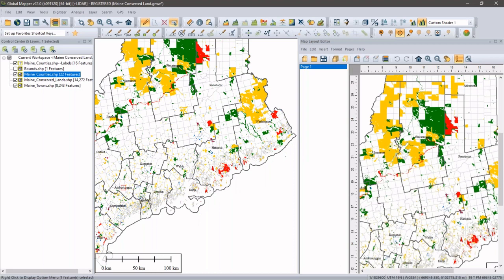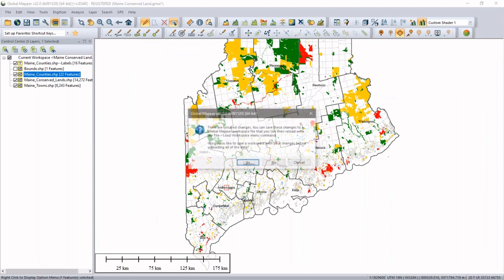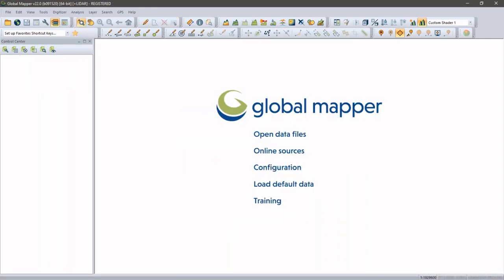Okay, let's close this and bring up a different workspace. I'm going to unload. I'm not going to save any of the changes. By the way, the layout would be saved in your workspace in Global Mapper. If this is something you want to do yourself and you want to go home for the day and pick it up tomorrow, it will remember all the settings you applied. I'm not going to save in this case, so unfortunately all the work that McKinsey and I have done is now gone. I'm going to bring up another